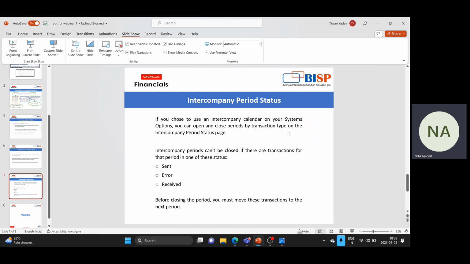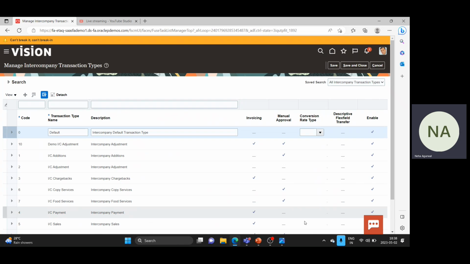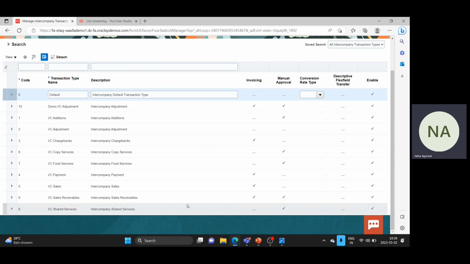This means the different transaction types will be mapped to that calendar, and you can choose a specific transaction type. Say I have 10 or 11 transaction types here, and I have only